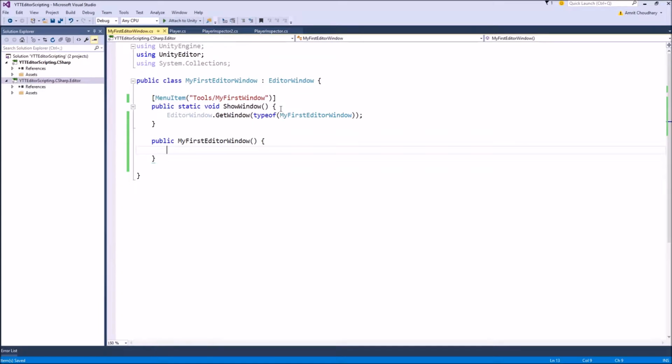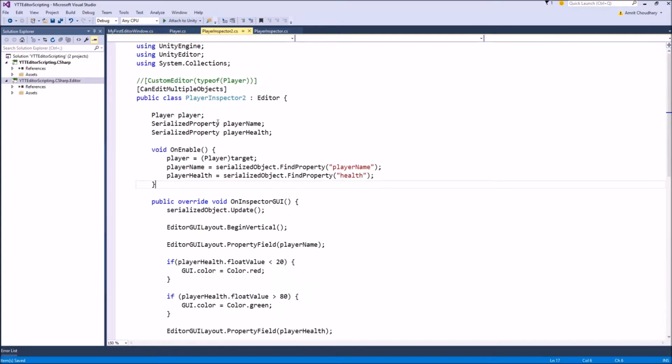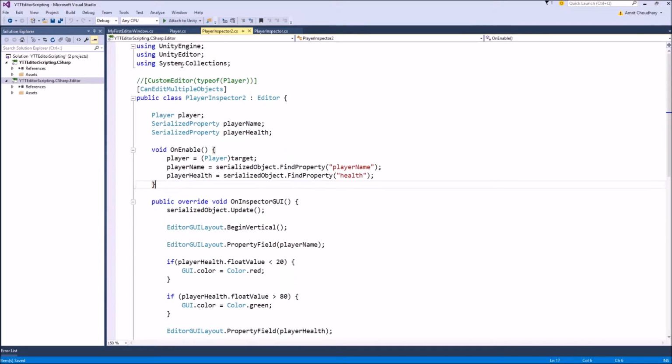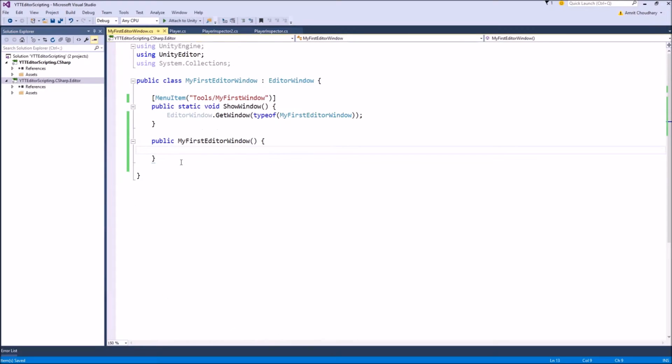We can use this function for initialization stuff, like how we used our function on enable in the case of our custom inspector. Similar to that, we can use this function for initialization stuff.